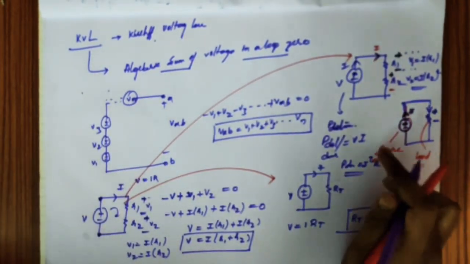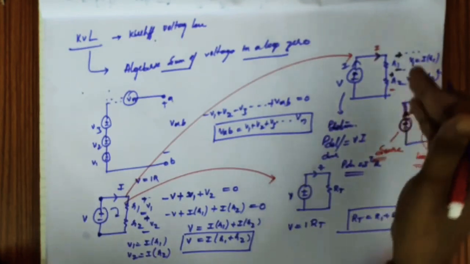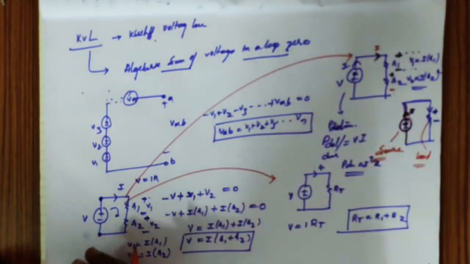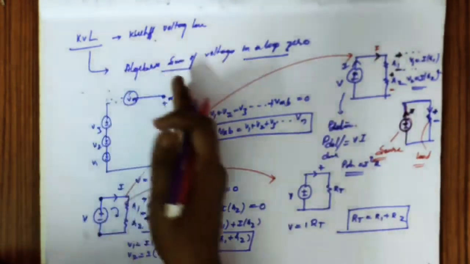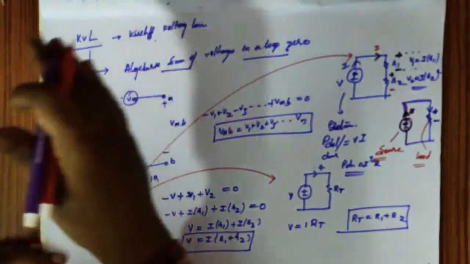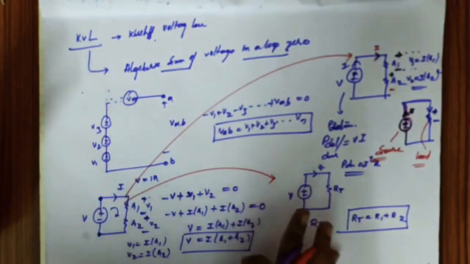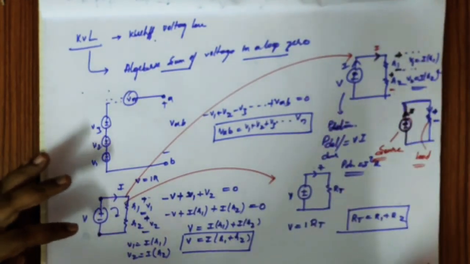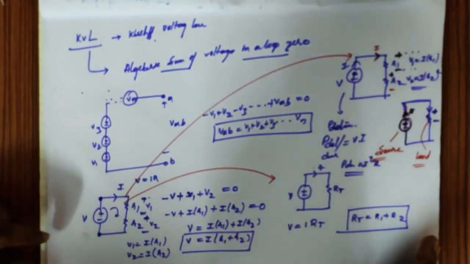We'll go into this in complete detail, but representing the source terminals like this and the load terminals is important. So this is about the KVL thing. If an examiner asks you what is KVL, you have the provision to write this thing, this thing, this thing, and this thing also. So everything is in your court. Okay. Now let us move to KVL, KCL.